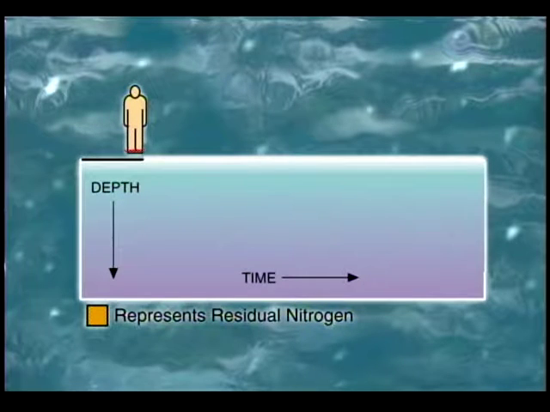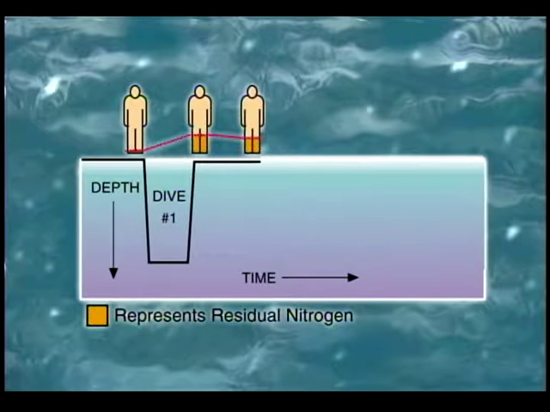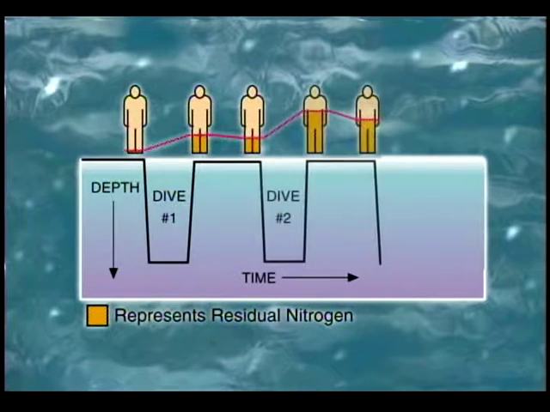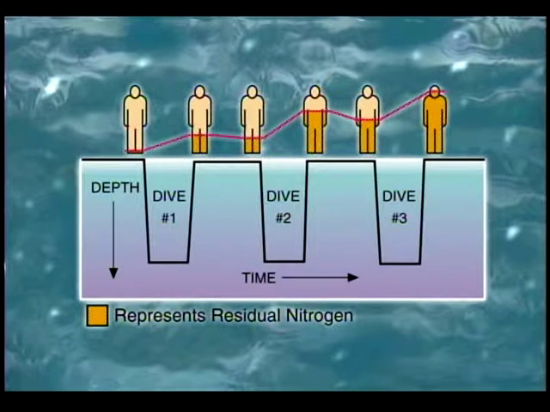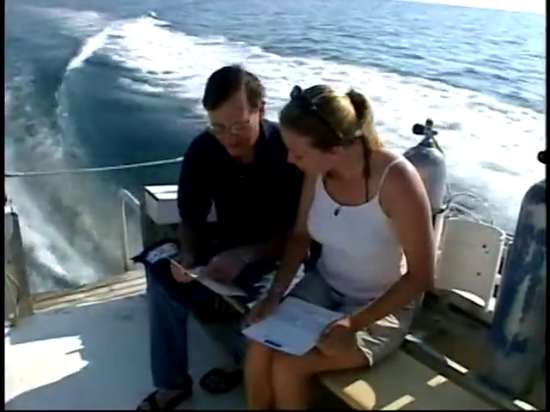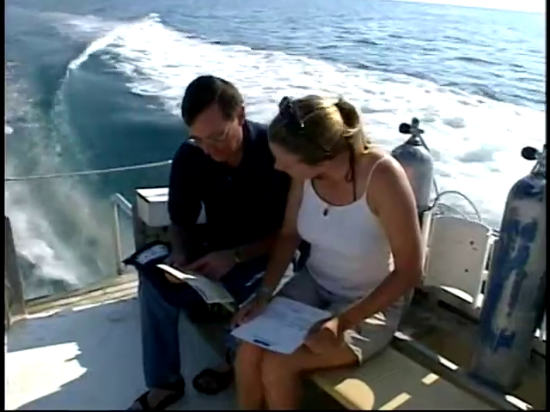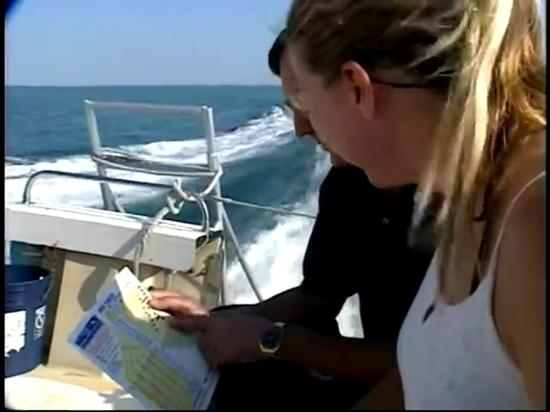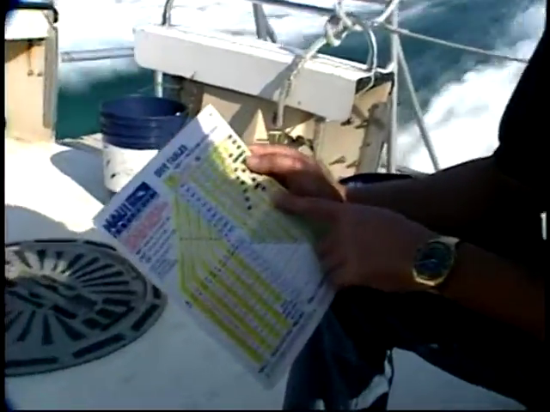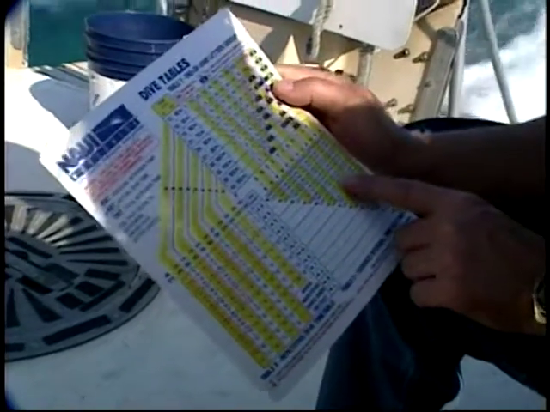To properly use dive tables, dive time calculators, and dive computers, you must understand the concept of residual nitrogen. It takes hours to fully absorb nitrogen into your body or fully eliminate it from your body. If you dive and absorb nitrogen, ascend to the surface, and then make another dive within 24 hours, you will still have nitrogen in your body from the first dive. You must always take the nitrogen remaining in your system from any previous dives into account when planning your next dive. The residual nitrogen reduces your time limits for any given depth on your next dive.